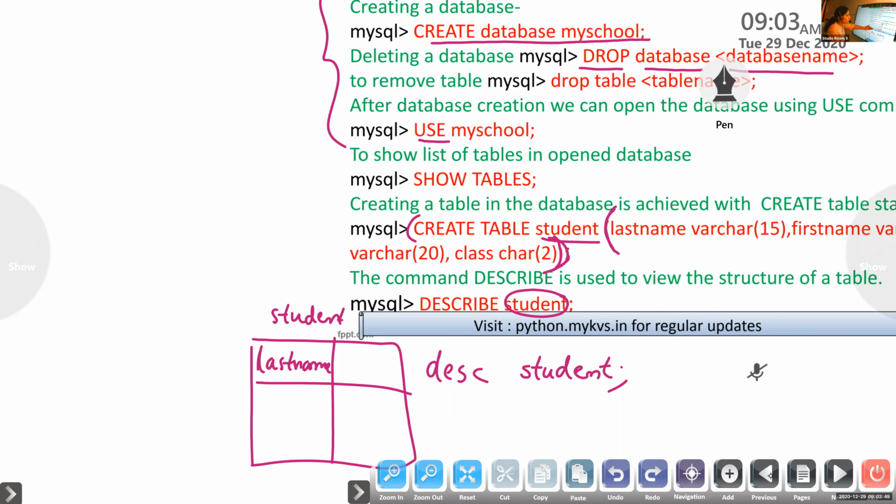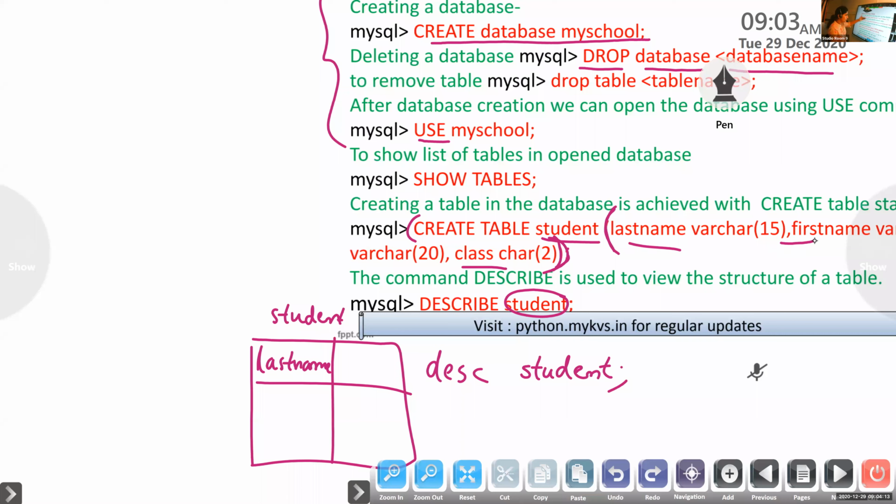You can see the last name, the class, all the column names that you have created, with empty values. We haven't inserted any values into it. Now let's see how to add values into a table.